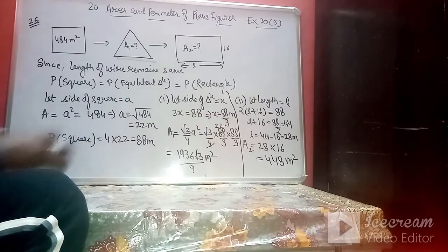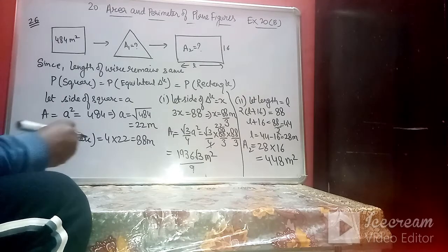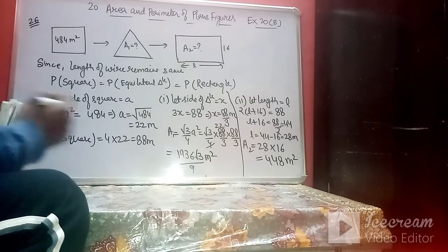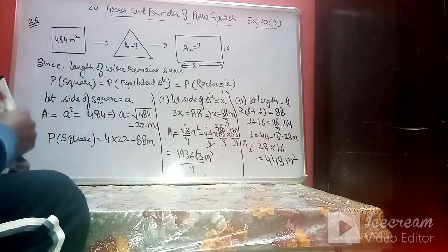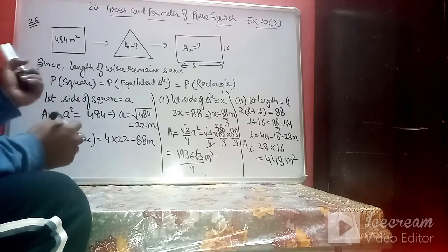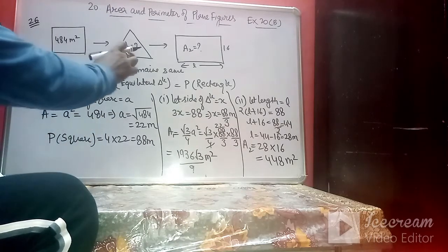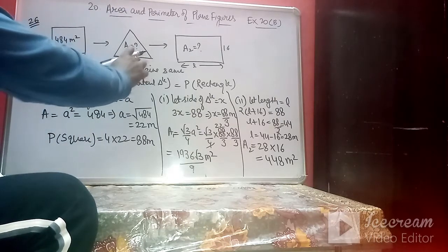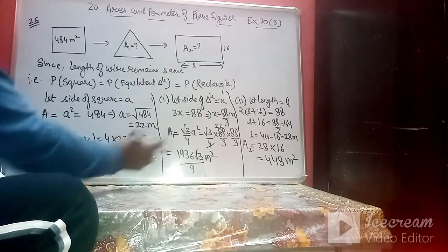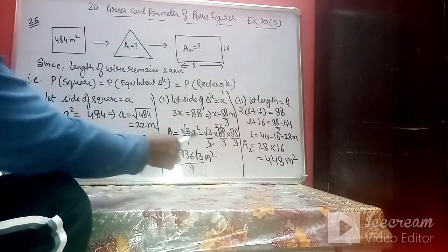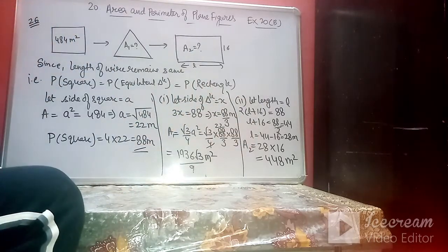Okay. So what we know in this question is that the length of wire is bent into three different types of plane figures. What will be the concept of these types of questions? The concept is that the length of the wire always remains the same, that is, the perimeter of this square will be equal to the perimeter of this triangle and equal to the perimeter of this rectangle. So we have used this perimeter in both the cases. First we found the side of this equilateral triangle, then we used that perimeter to find the length of the rectangle.